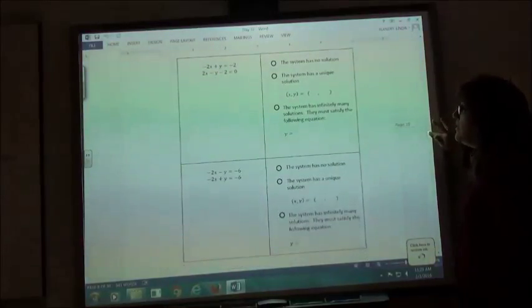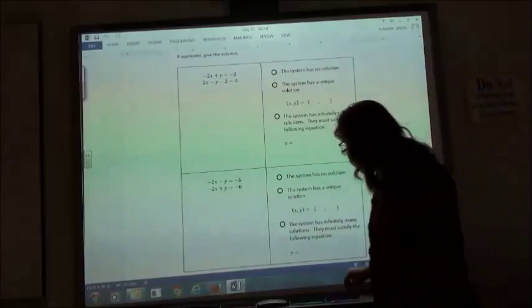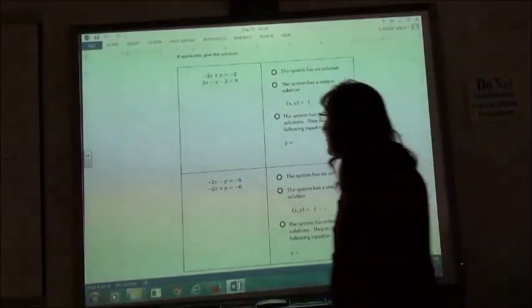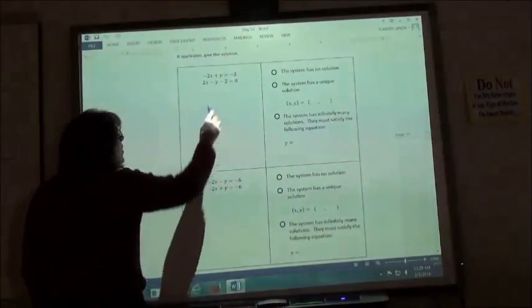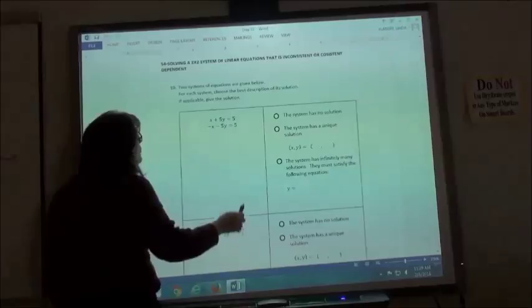Number 11, I'm just going to slide it up so you can see both questions here. Again, we're doing the same thing, picking out which is our applicable solutions by solving our system of equations. However, on this first one, I need to move my 2 to the other side. So since that's a minus 2,